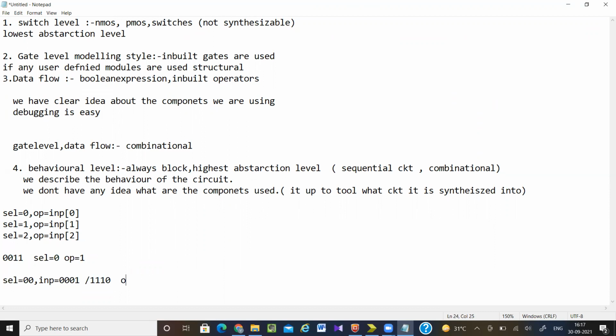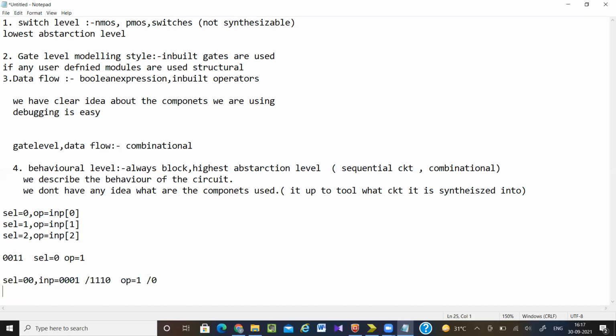At that time, if you are getting your output equal to 1 or output equal to 0, then you can say that your design is correct. Both kinds of signals you have to generate. If for select equal to 0 you are generating the other kind of input, you cannot say that your design is correct, because the output may be due to input of 0 or may be due to input of 1. So you have to generate values like this.